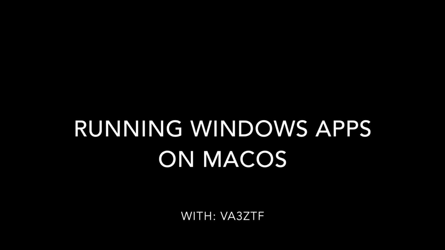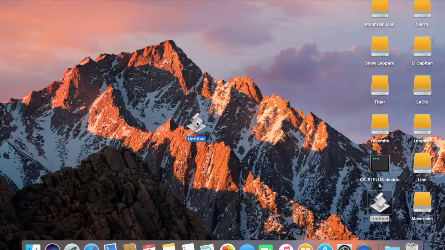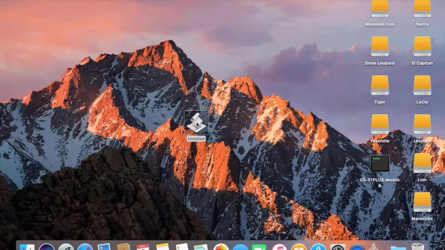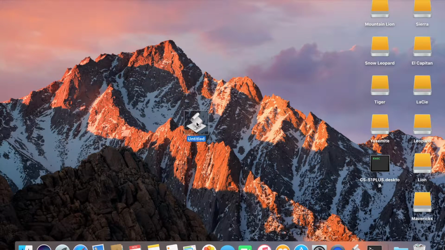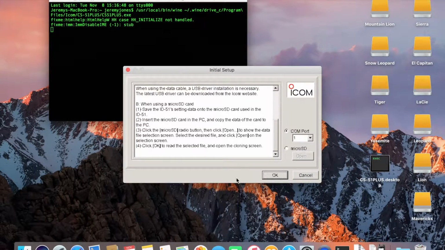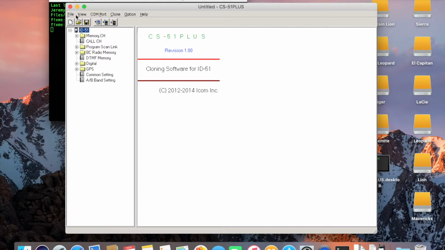As a Mac user, sometimes us amateur radio operators are left out of software. What I'm going to show you today is how to use something called Wine to do just this. Click on an app icon and start running your Windows programs on macOS without the need for virtualization or virtual